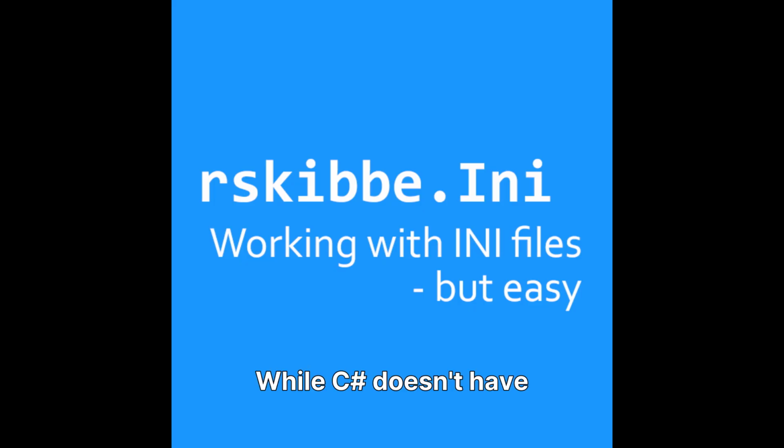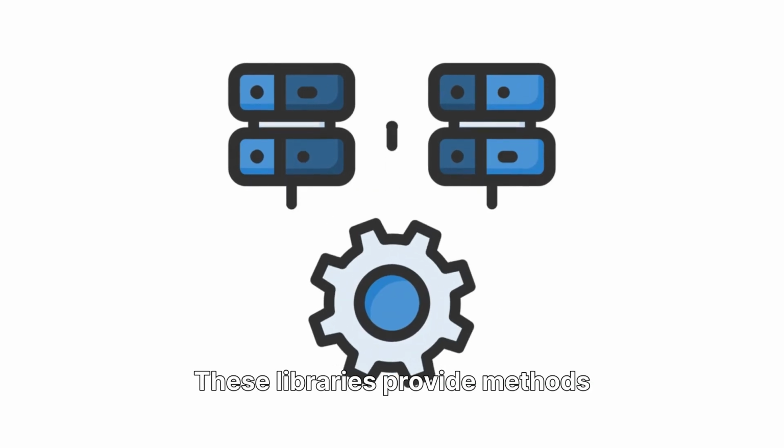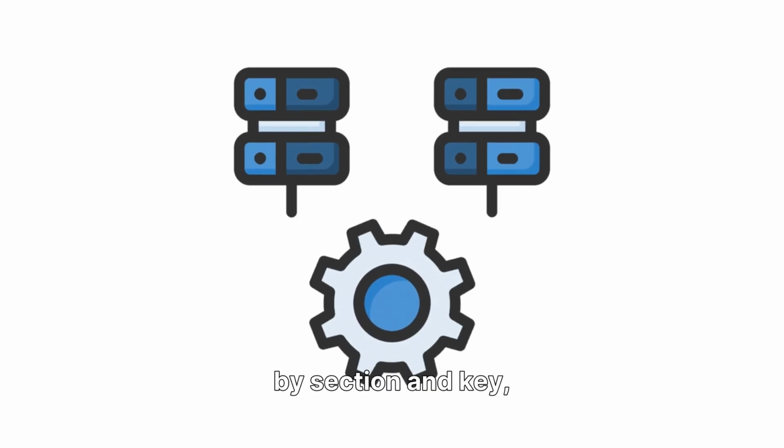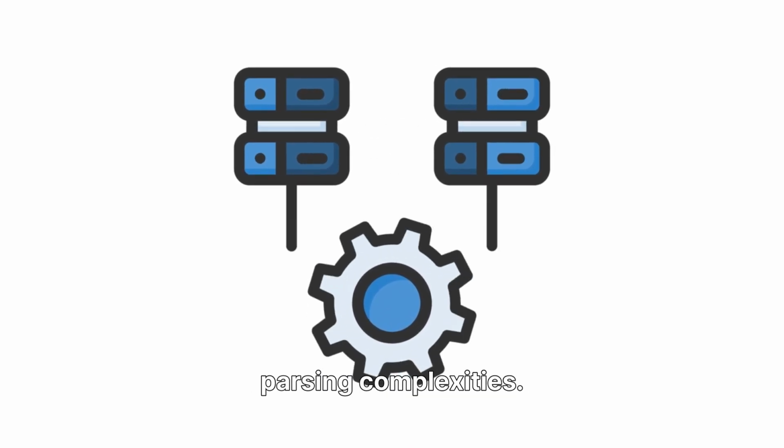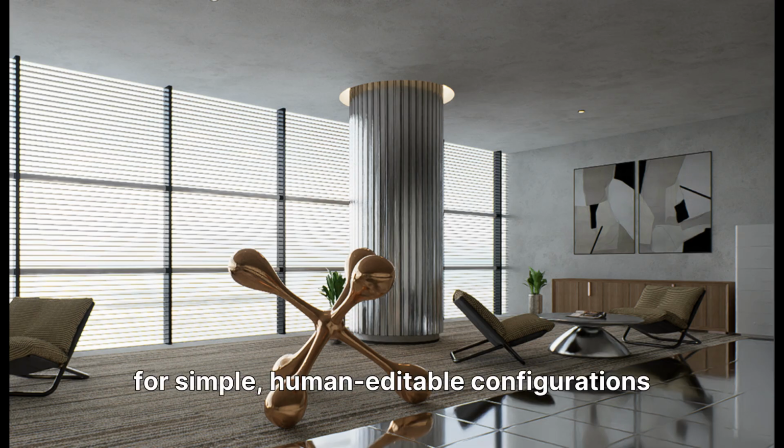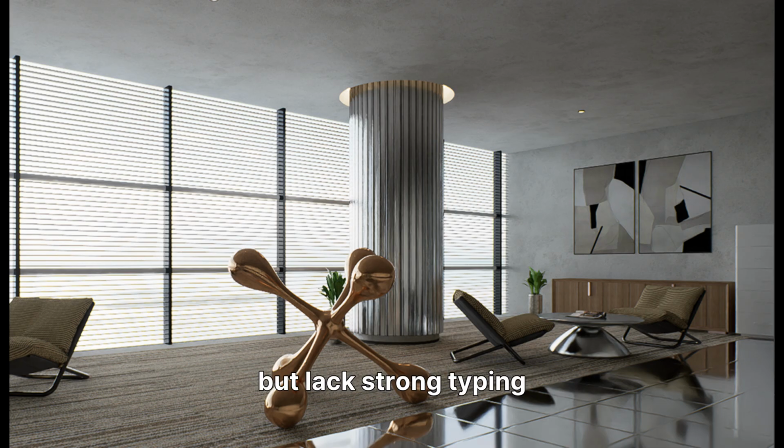While C# doesn't have a built-in INI parser, various third-party libraries can simplify reading and writing these files. These libraries provide methods to easily retrieve values by section and key, abstracting away the file parsing complexities. INI files are great for simple, human-editable configurations, but lack strong typing and can become cumbersome for very large or